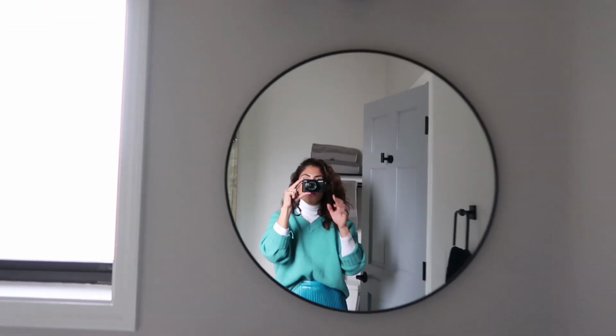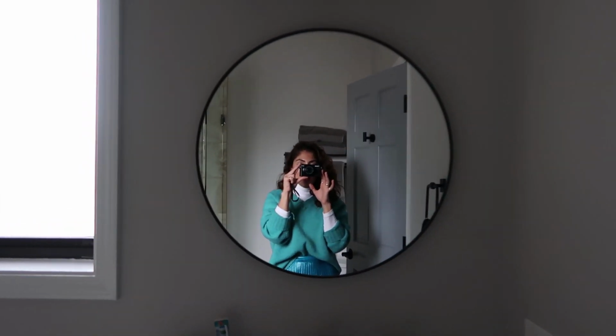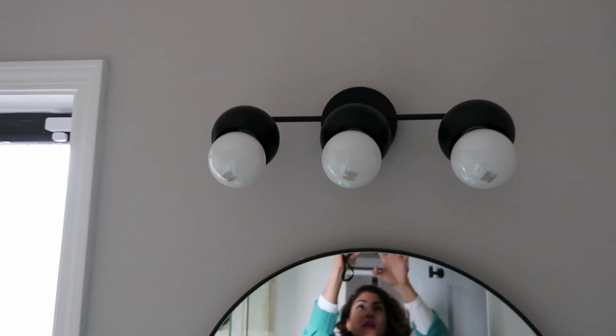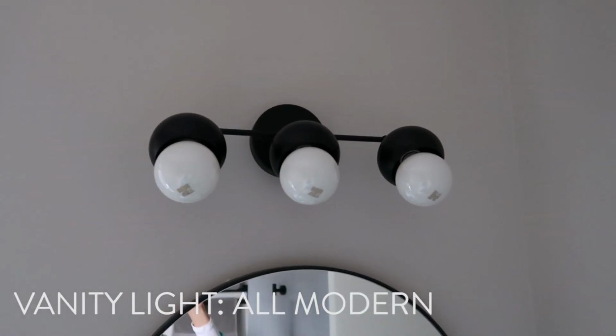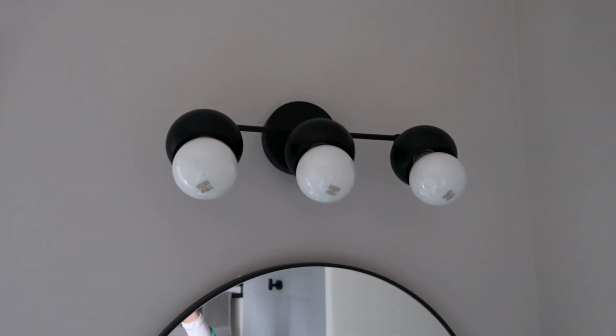This is a circle black matte mirror. This is actually also from CB2, and it's just really, really nice quality. It's a little smaller than I would have liked, but it totally works. I think it fits really nicely in this space. We paired it with these modern black matte lights, something fairly simple, but still kind of give a little bit of a statement and a modern